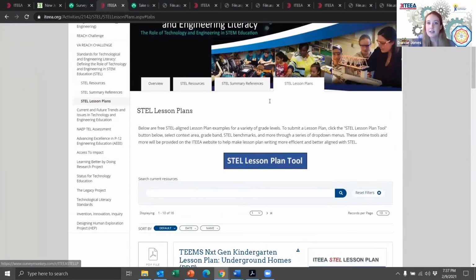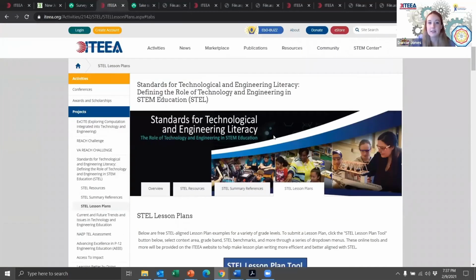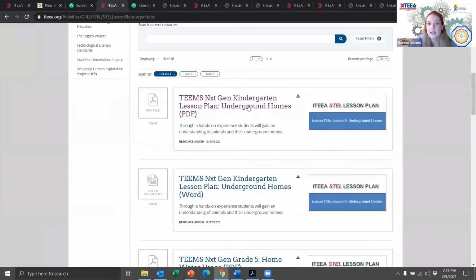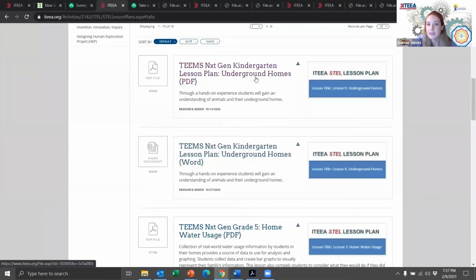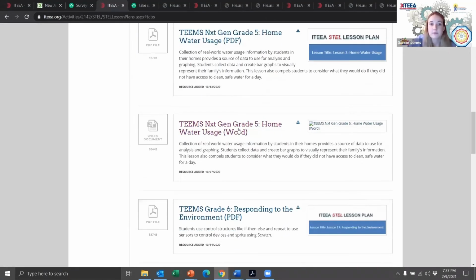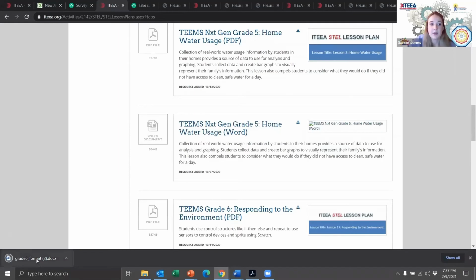So underneath, we're back here underneath the STELs page. On this far right tab, there's STEL lesson plans. So these are formatted lessons. They vary in length. They're examples you can look at. They are free resources for you. These are from the Engineering by Design curriculum. So for example, if we look at,